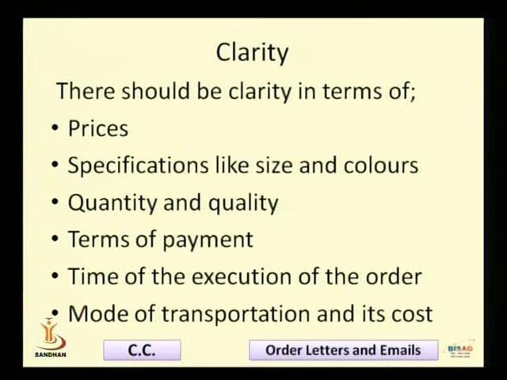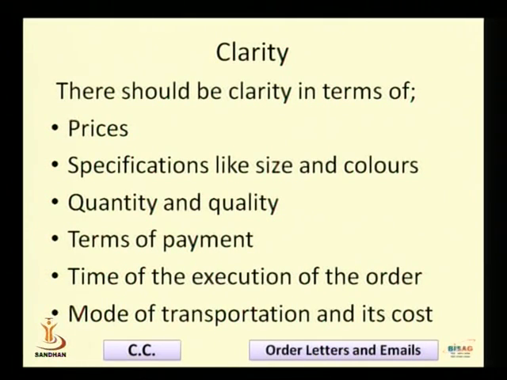Then next is the quality and quantity. Quality is in terms of the number of varieties available, A quality, B quality or mediocre quality, something like that. And quantity is specific numbers. I want 2 dozens, I want 4 items, I want 10 dozens. That is the quantity and quality. We must take care. We must not go in a lump sum way, like send the goods. So I will have to make things clear when I am writing a letter of order, that I want this number of units, and this is my specifications in terms of color and size and everything.